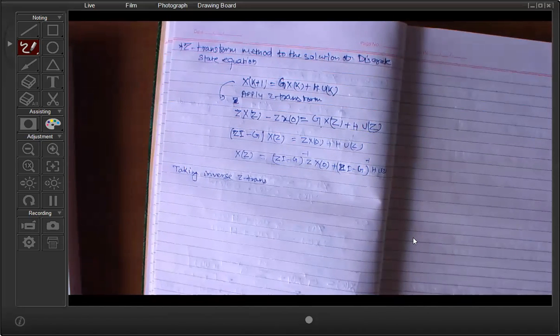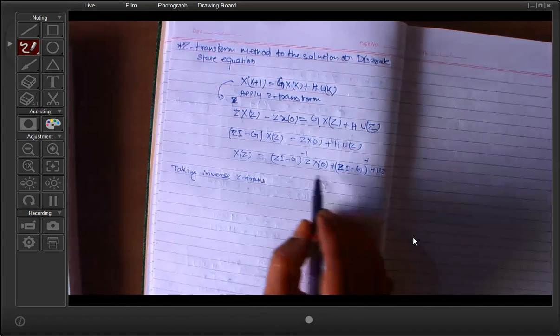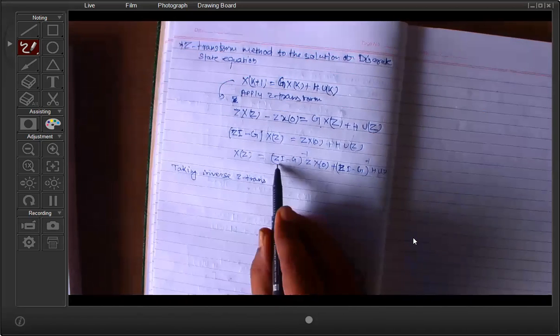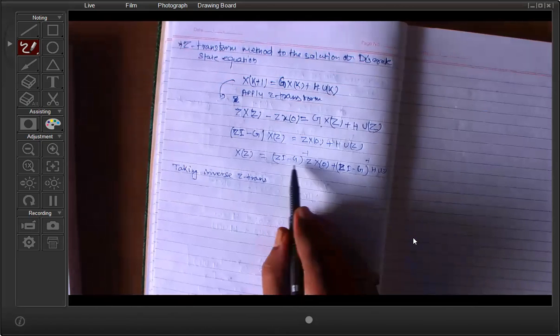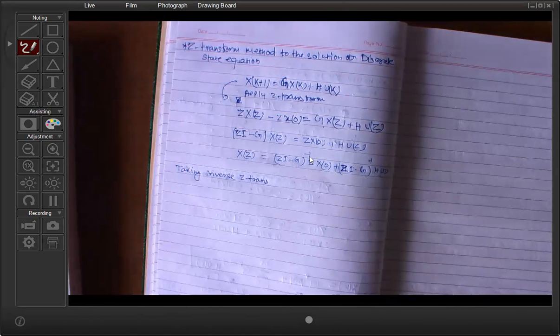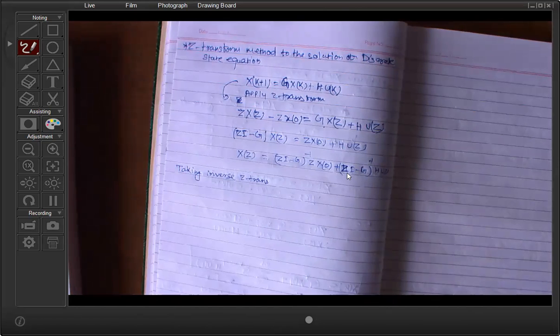Finally, if you rearrange the expression, then X(z) is equal to (zI minus G) inverse z x naught